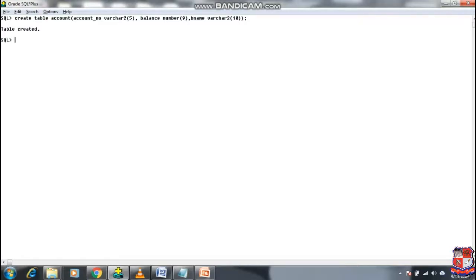So I created the table called account with 3 columns: account number with data type varchar2, size 5, balance with data type number, size 9, branch name with data type varchar2, size 10. After successful execution of the query, I get the output table created.